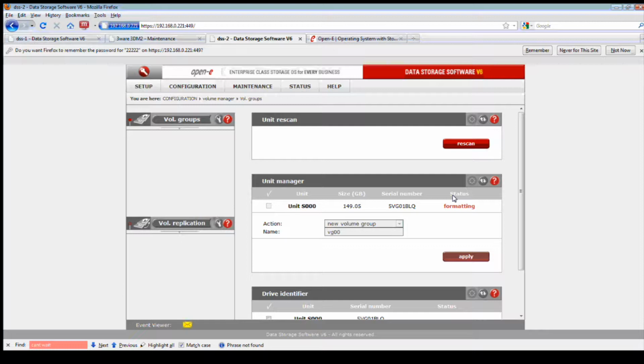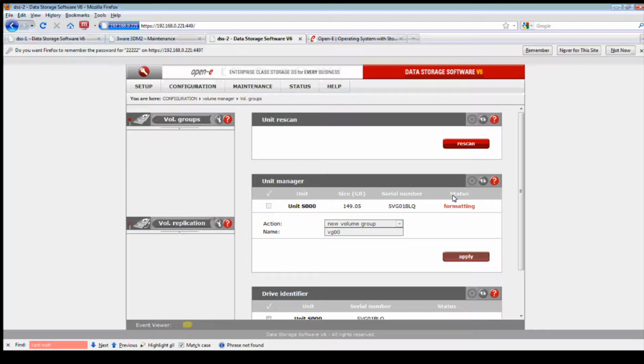Here's where this is located. If you go to maintenance, let's go ahead and create a volume. Get that started so you can see this. And once this is completed, then of course you can go ahead and start your maintenance miscellaneous to